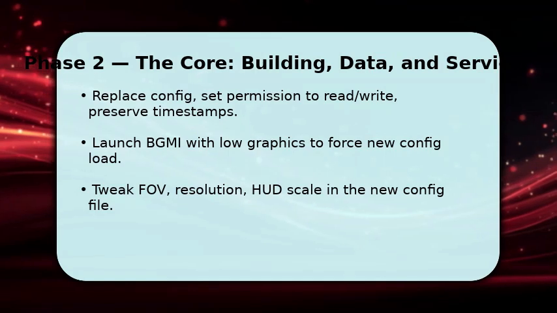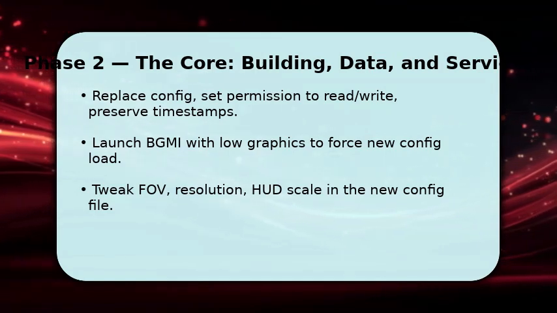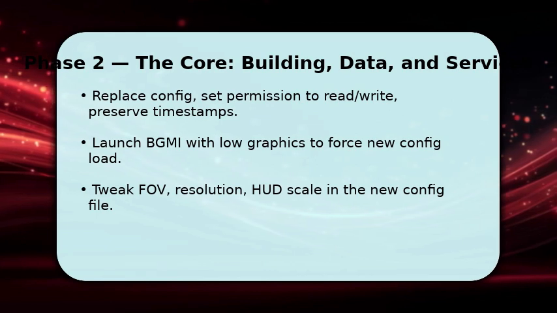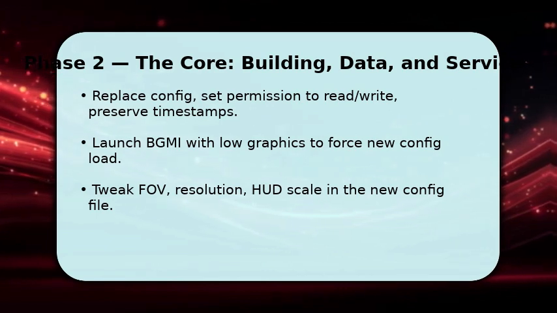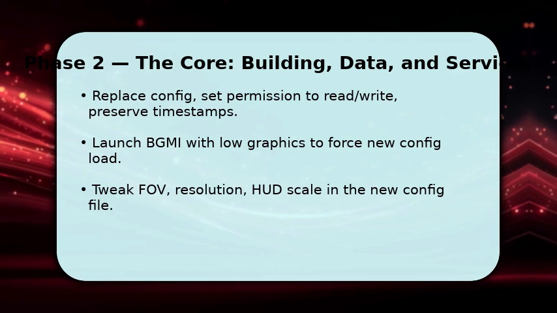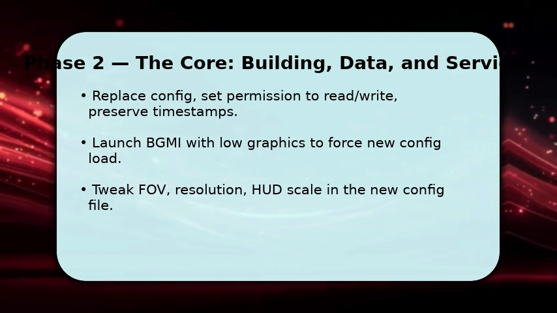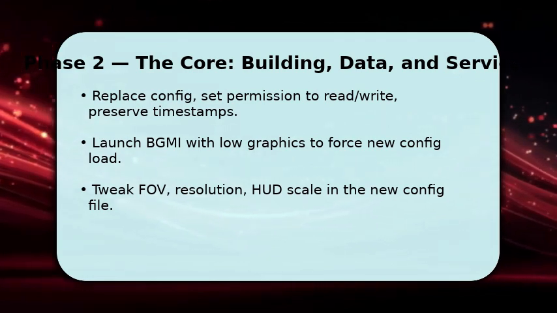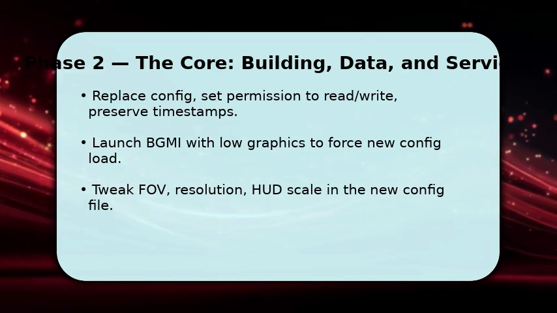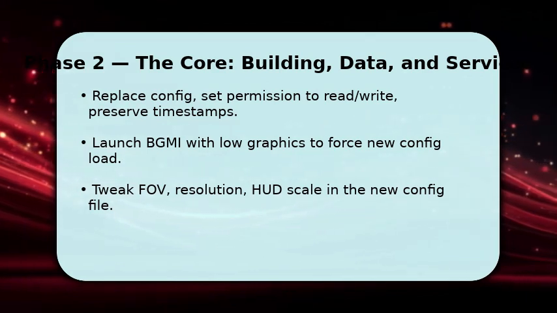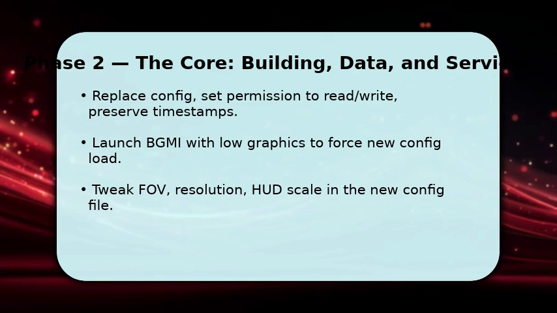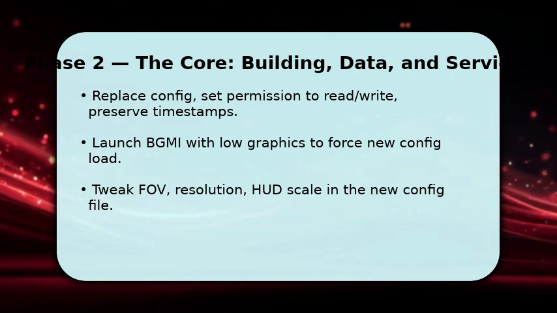Now, replace the target config file with the iPadView version and set file permissions to read/write so Bgmi can parse it. Next, launch the game using low graphics mode to ensure it reloads configuration. This avoids cached settings. Once in, adjust FOV, resolution, and HUD scale values inside the config to match a 16:9